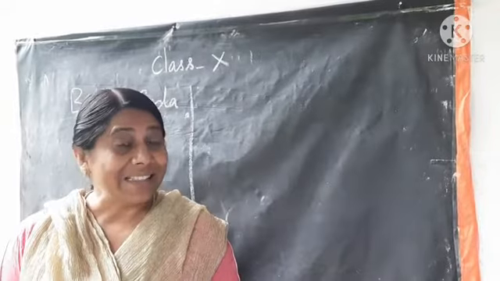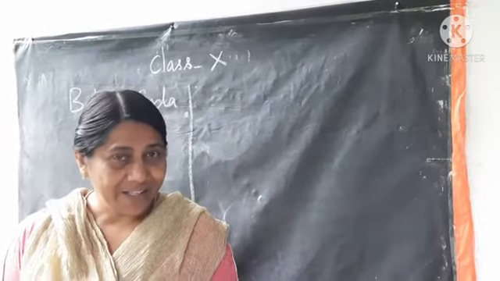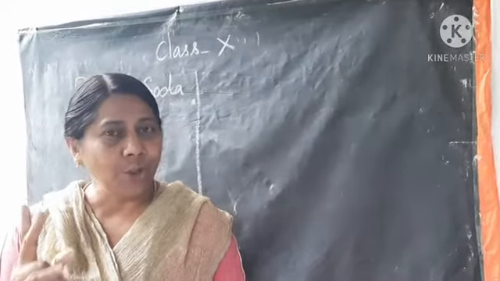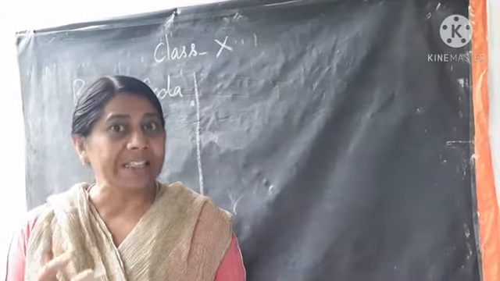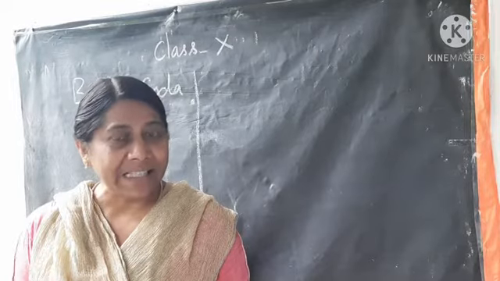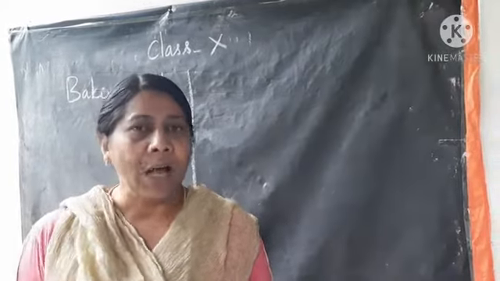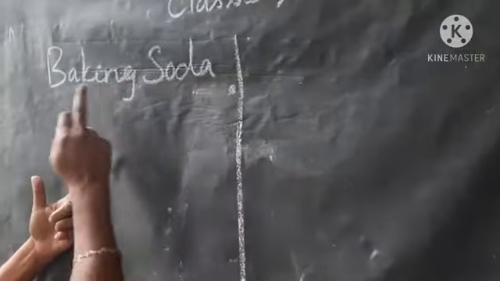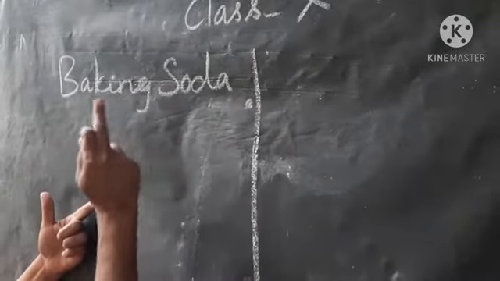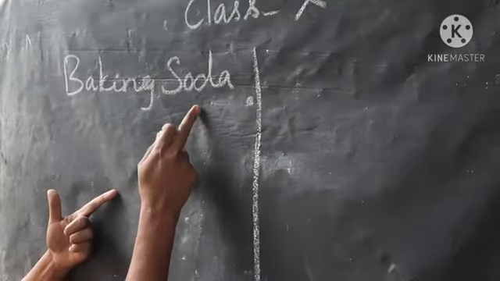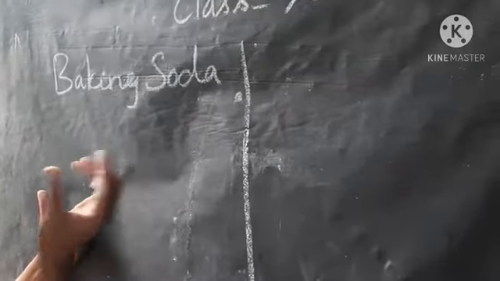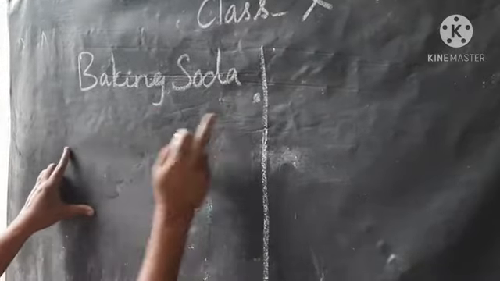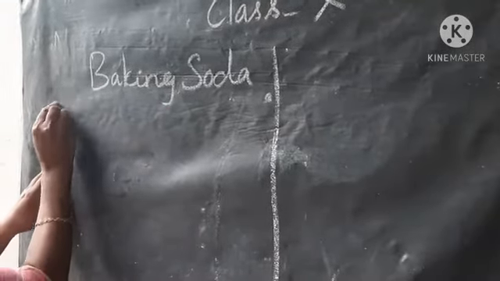Okay, the next salt is baking soda. In the previous class, we learned about 2: one is sodium chloride and another one is bleaching powder. Now let us see what baking soda is. It is none other than that white colored powder which is used in the kitchen to get crispy vada or pakoda. Okay, what about its chemical name?